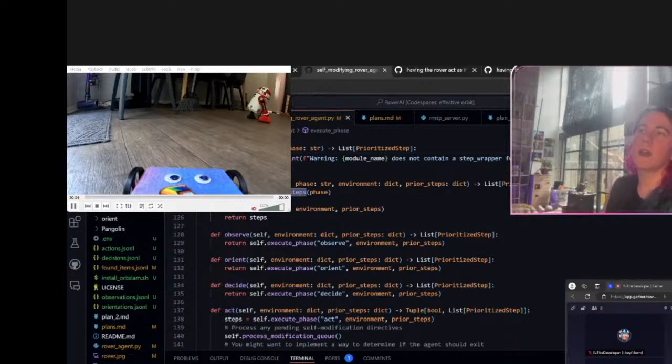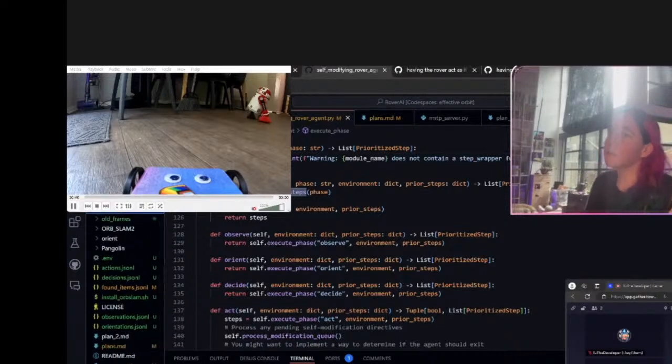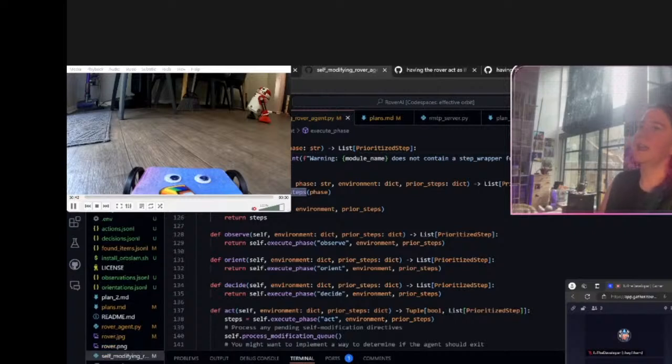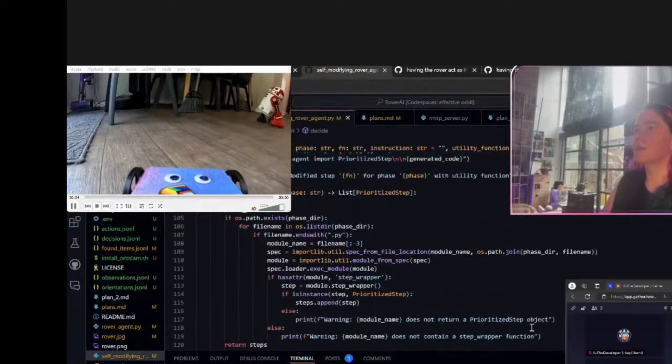Right now there's one file in this folder, one file in this folder, one file in here, but we could have multiple files. And if we can get ChatGPT to generate those files, then we pretty much have a self-modifying rover at that point.